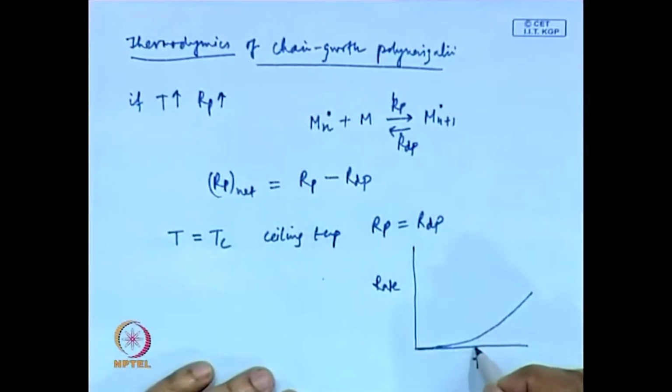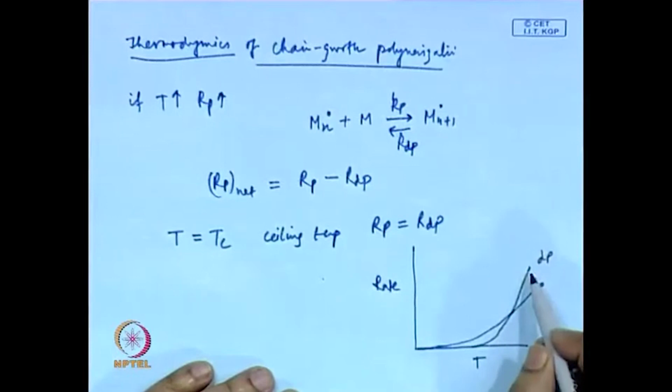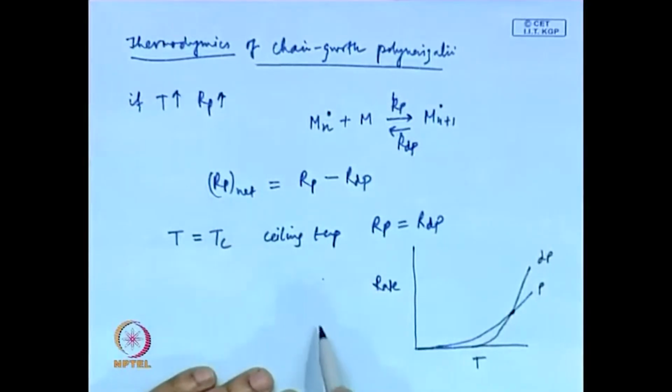Now, at some temperature, the rate of depropagation also increases. This is dp and this is p, this is propagation and this is depropagation. Now, at that point, the net polymerization reaction, which is Rp net, how will that look like? It will be something like this, okay, because